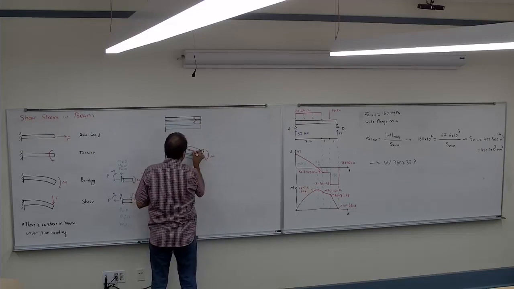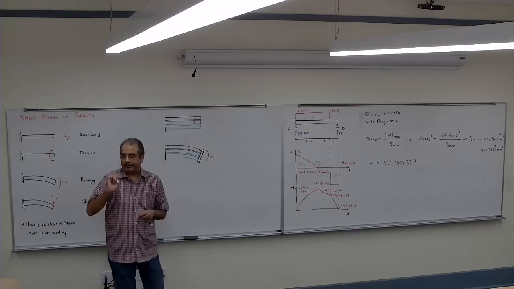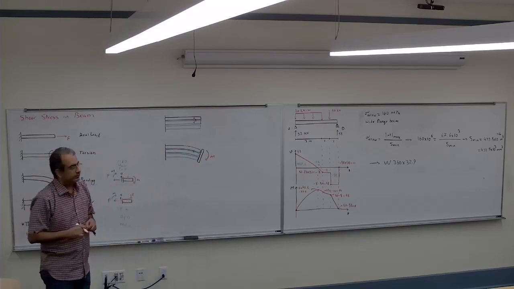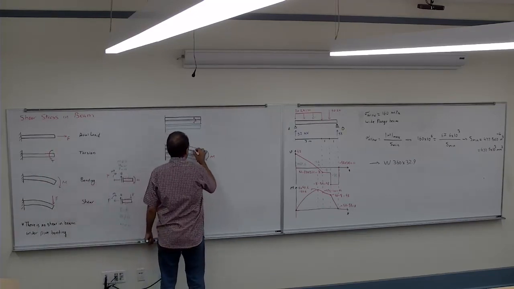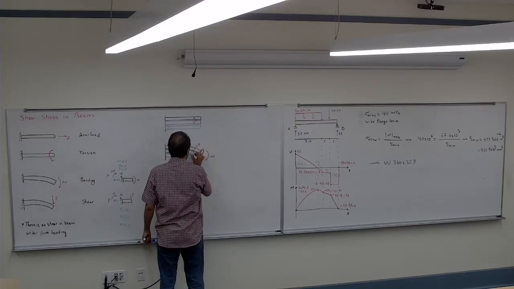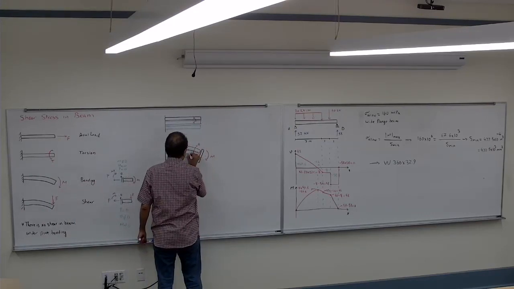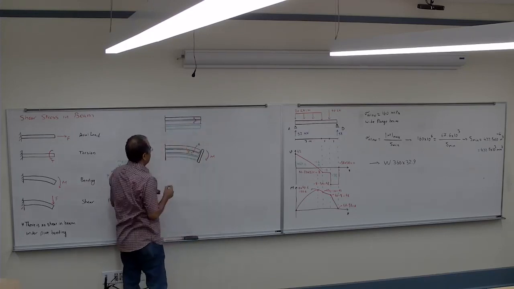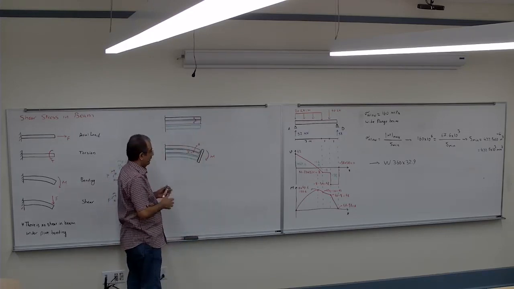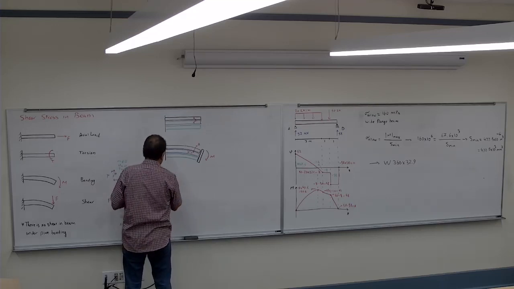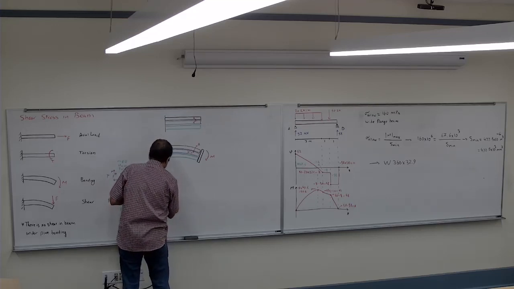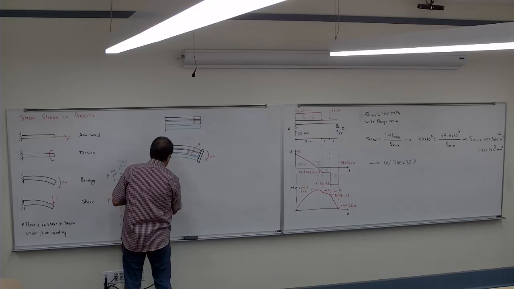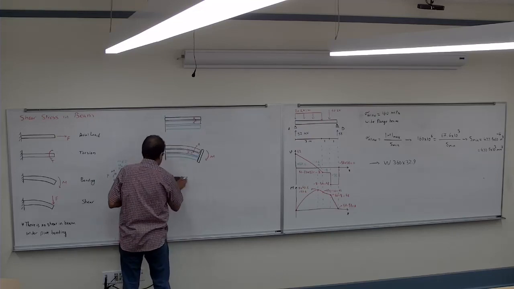Point A and point A prime will stay exactly on top of each other. So if this is A, and this is A prime, they stay exactly on top of each other like they were at the beginning. But if instead of bending them, I put the shear on them, I put the transverse load on them,